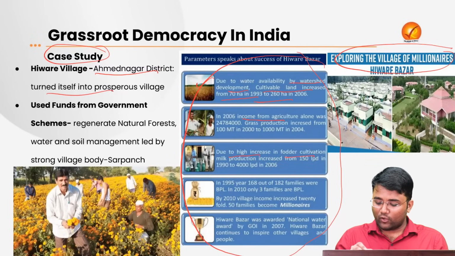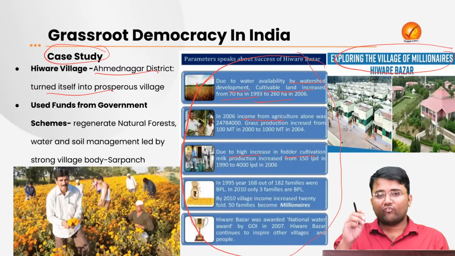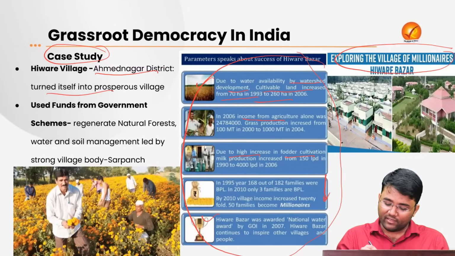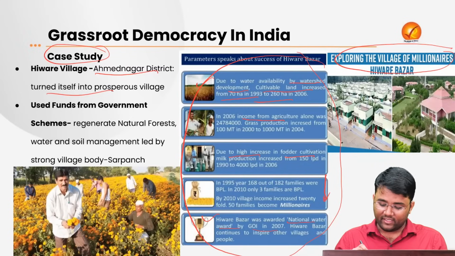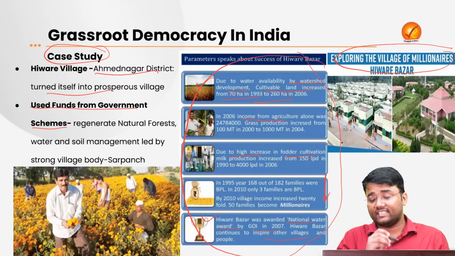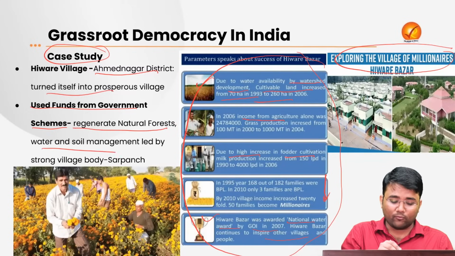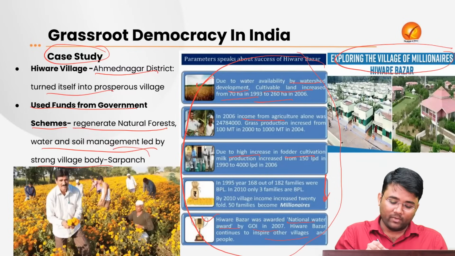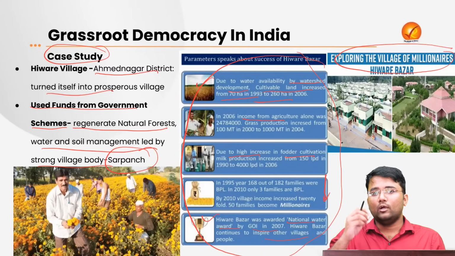Due to a high increase in fodder cultivation, milk production has increased significantly, and the number of families below the poverty line has decreased significantly. This Hivre village was awarded the National Water Award by the Government of India in 2007, and it continues to inspire other villages and people. What they actually did was use funds from the government schemes, which helped in regenerating natural forest, water and soil management, led by a strong village body headed by the Sarpanch, whose name was Popat Rao